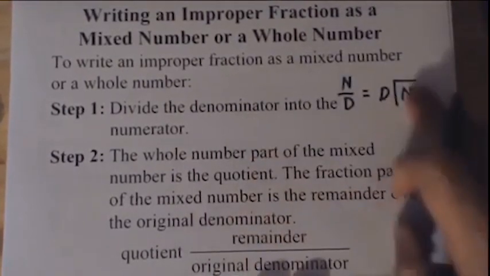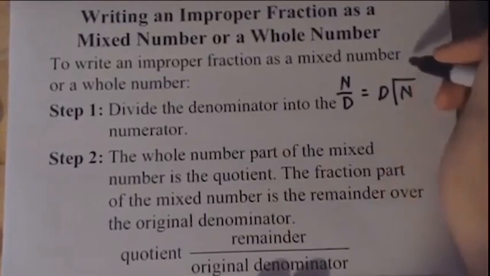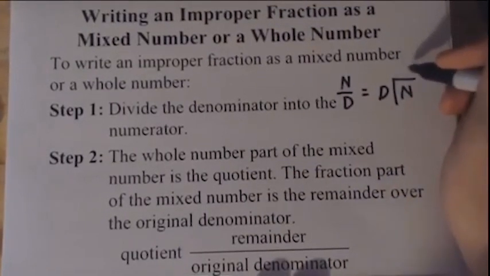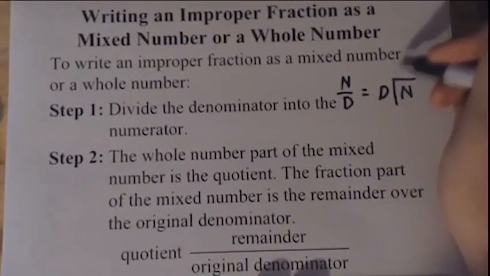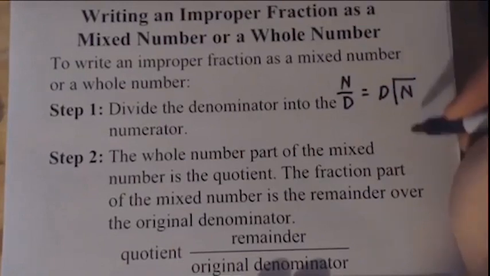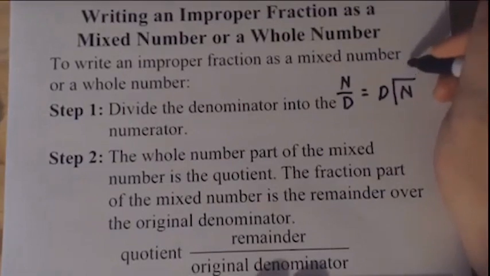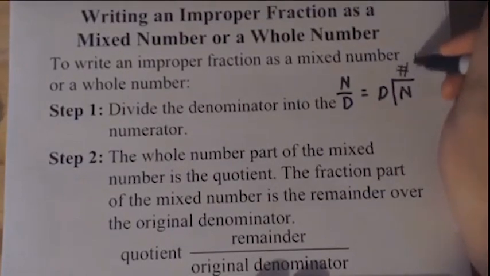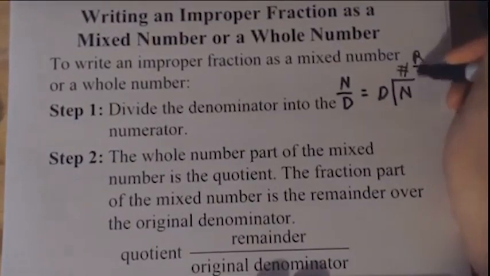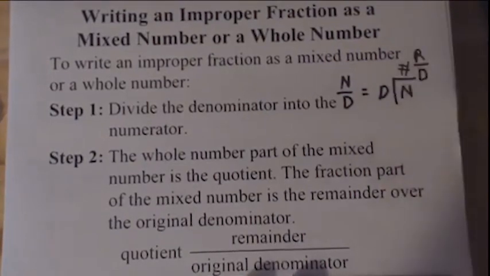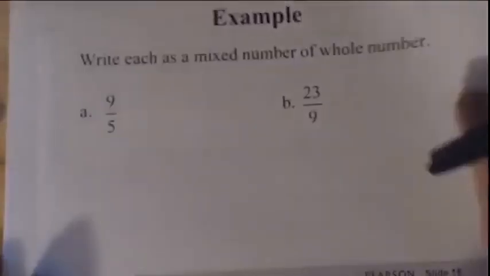Now, when we divide, the quotient is going to be our whole number part. But when we get a remainder, we're going to write the remainder over the denominator. So you'll see in this example,